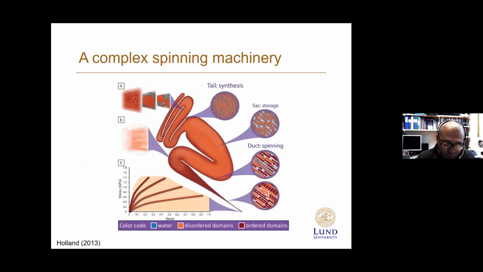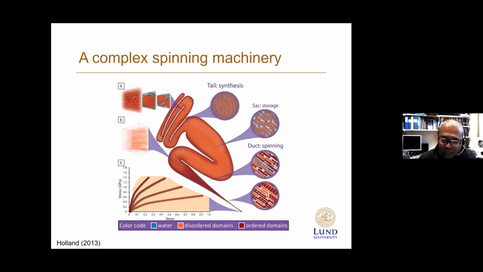So research on silk has been happening for quite some years. There is a fair amount of knowledge on how the animal takes the protein, secretes it, transports it, and eventually spins it into a fiber that has all sorts of mechanical properties. But here what is interesting is the length scale. We are talking about a few angstroms to micron to millimeter sizes. So all of it is under control and really well orchestrated to allow the animal to get to these final